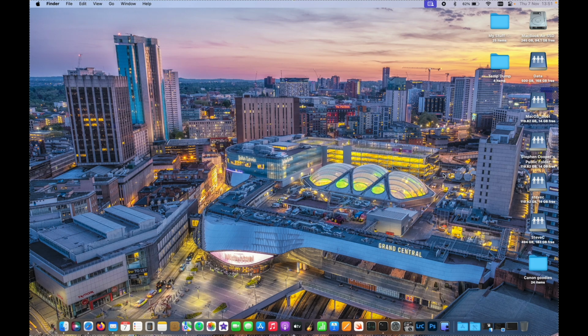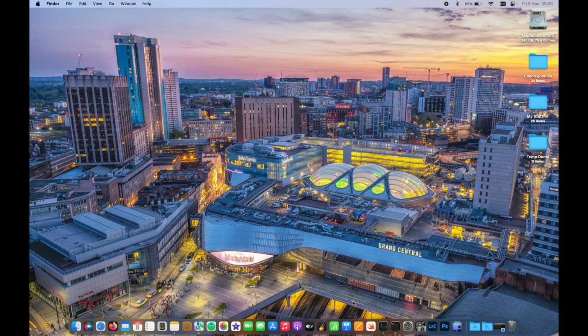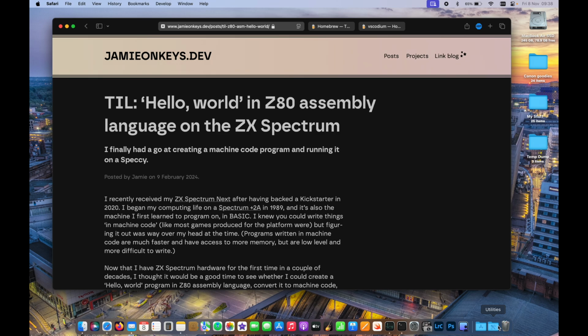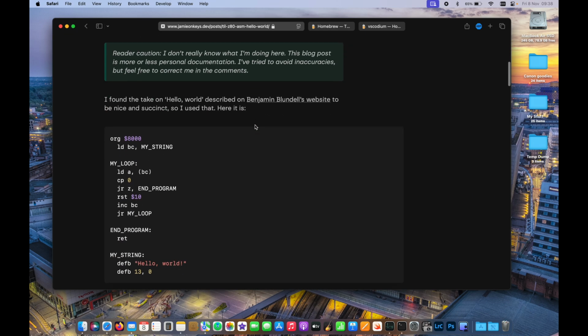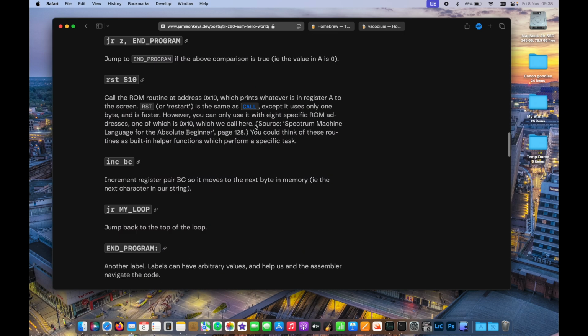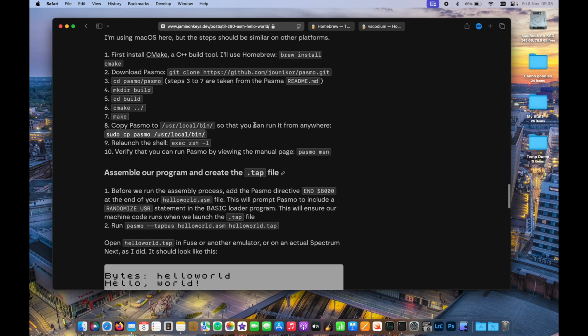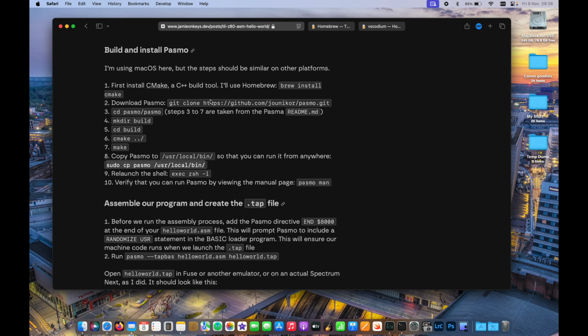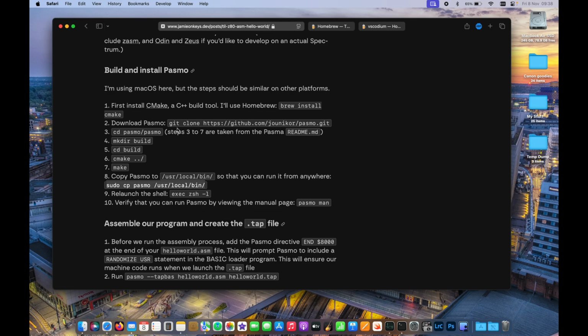So I'll close all that down. So, if you want a program on a Mac, the first thing you need to do is probably follow this web page. I'm just going to bring up now jamieonkeys.dev. I'll put a link in the description, and it shows you a basic Hello World program, but I'm going to go through the one I'm using on Zeus. And you can skip most of this initially, but it's this part, the build and install Pasmo. This is the area where I was struggling previously to get things working,